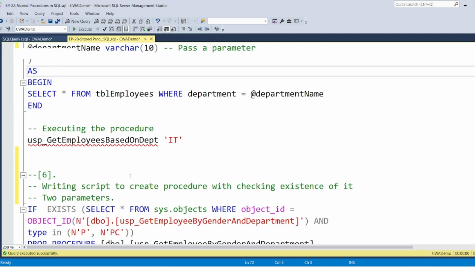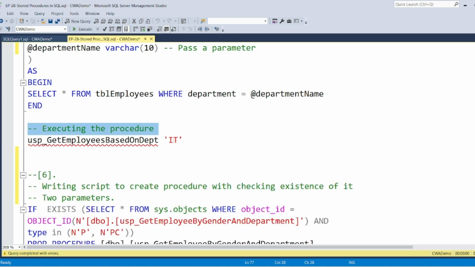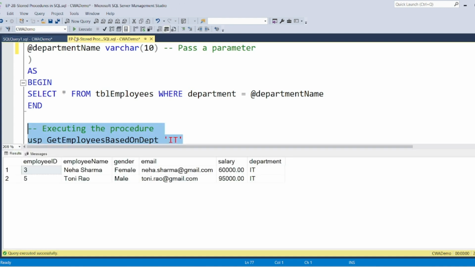Now let's go and execute this. So this procedure, once you execute, it needs a parameter. If you are trying to execute like this, it will not work, because it expects one parameter, department name. All right, because when you execute this, it needs one value out here. So I am passing one value to this. So this should give me all IT employees here. So it is giving me the same result as